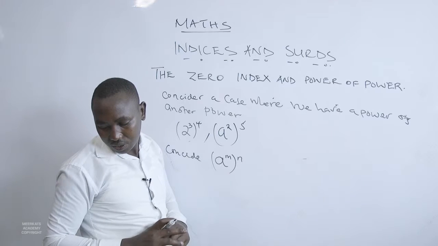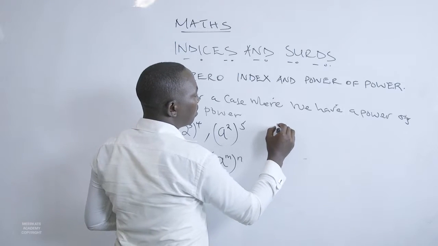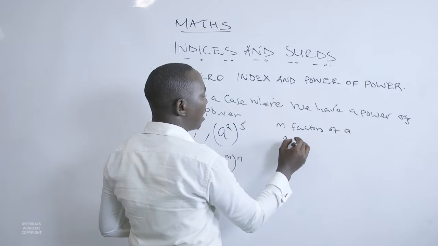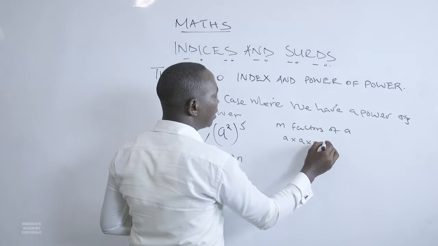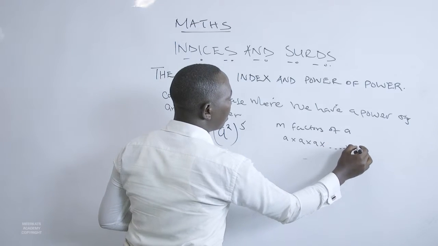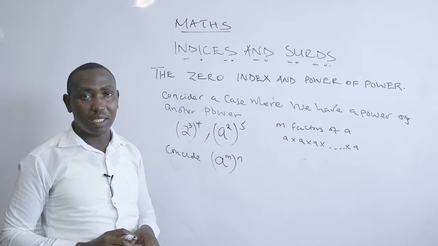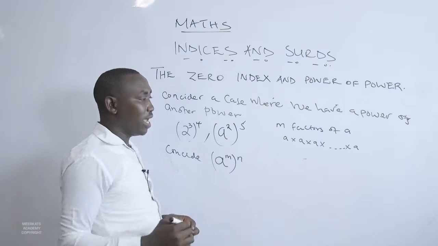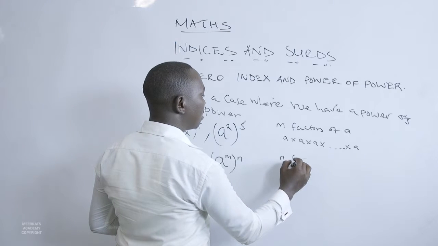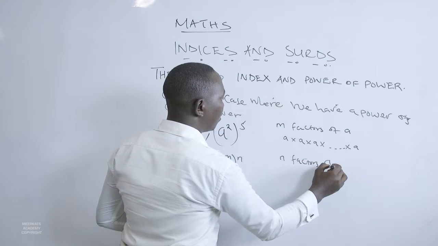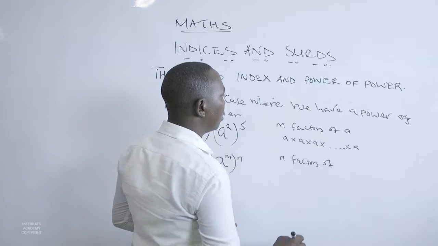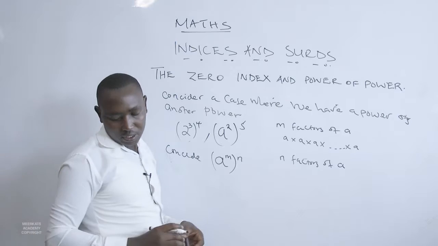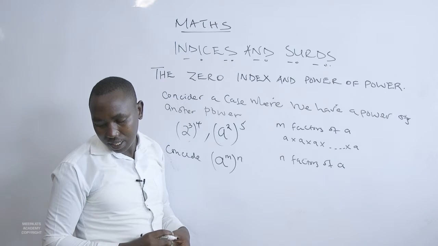The m factors of a shall be a times a times a, so many times another a. So those are the factors of m. Then we have n factors of a,